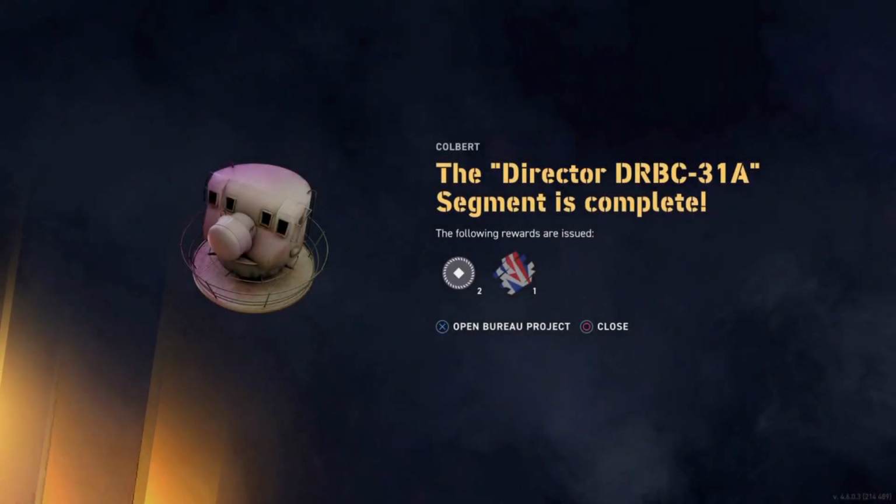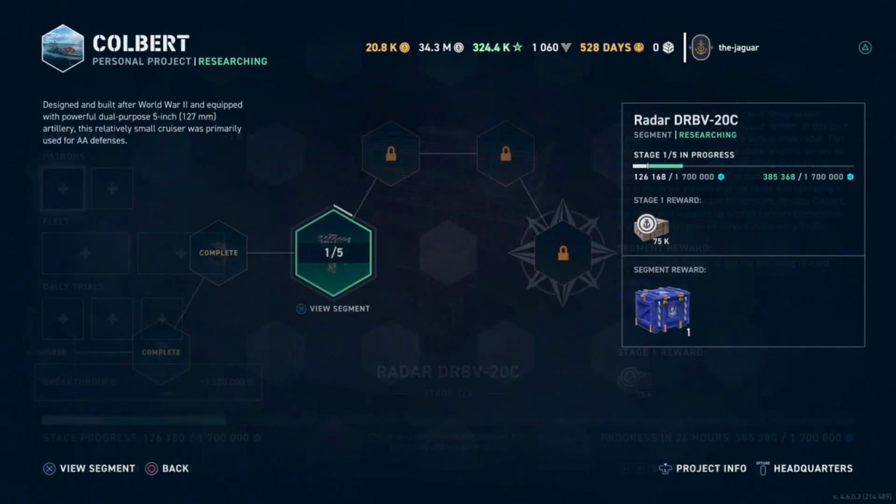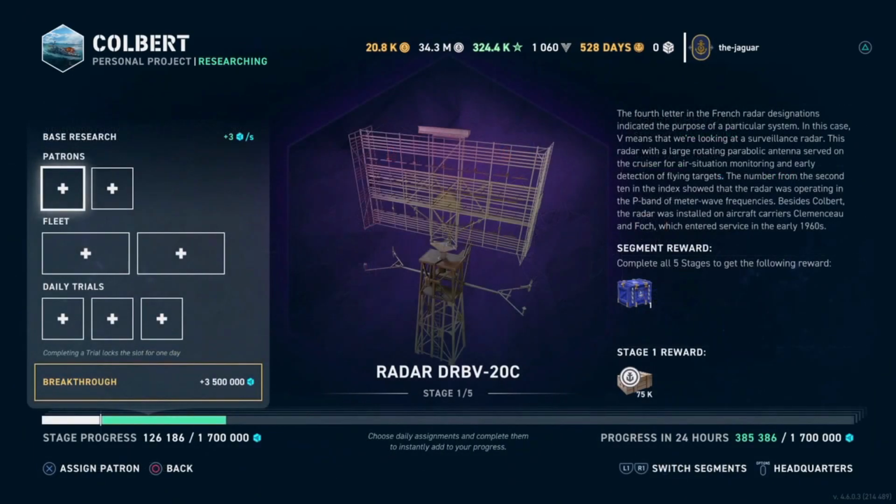All right, the 8th segment is done. Let's go into the Bureau Project and check out the 9th segment. And here you can see that the green line shows the progress in 24 hours. So without any boosting here, by adding patrons or fleet or daily trials, it would probably take 5 days or